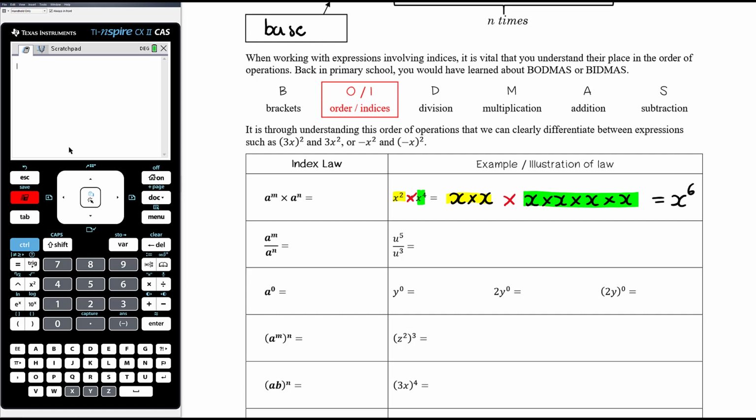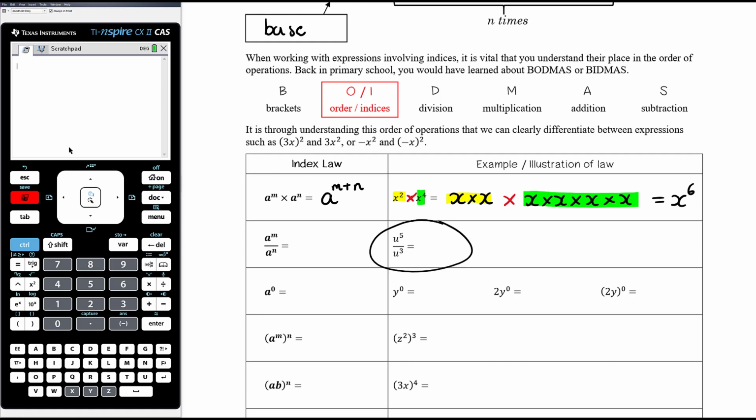Okay, so a times a times a, m plus n times. Generally speaking, our index law, when we're multiplying powers with the same base, we add together the exponents. It's a to the power of m plus n. Okay, when we're dividing,